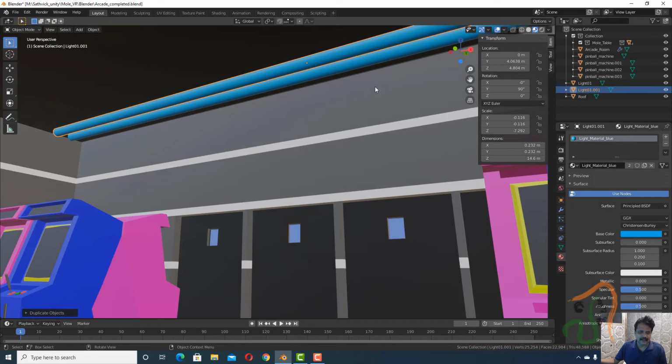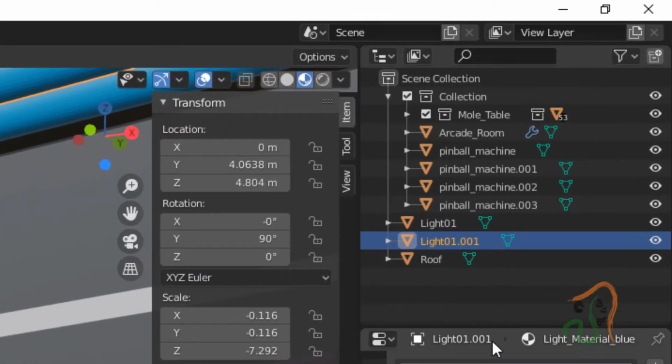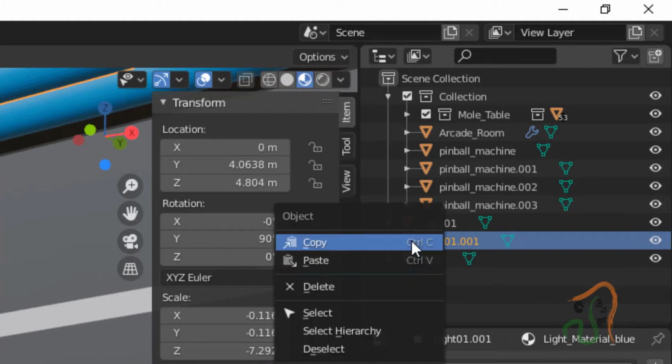Before we duplicate, select this duplicate and delete it now. As of now, let us make this length a little small. So select this second light, right click and delete it.